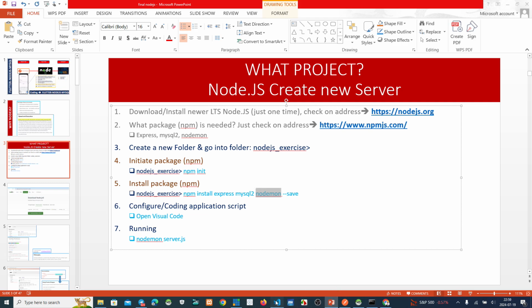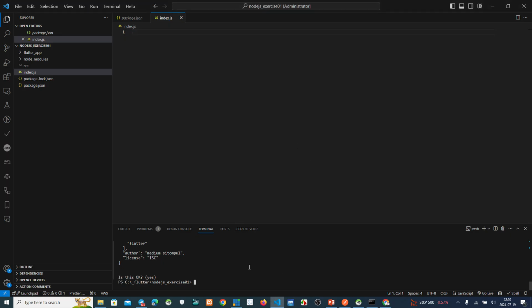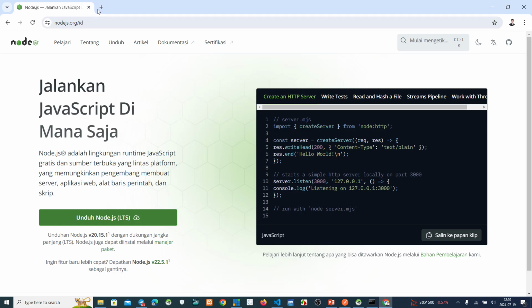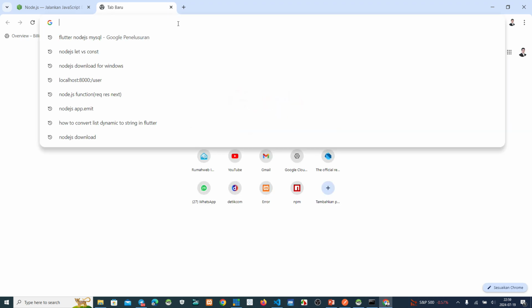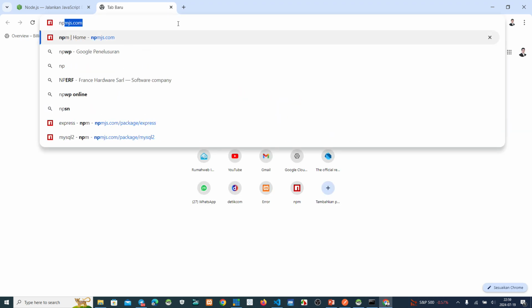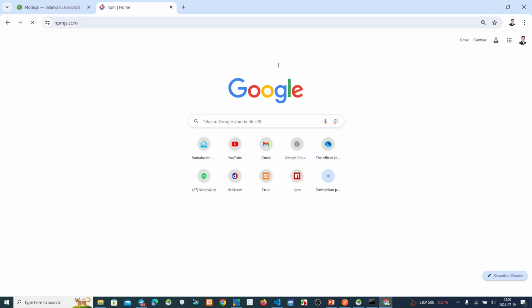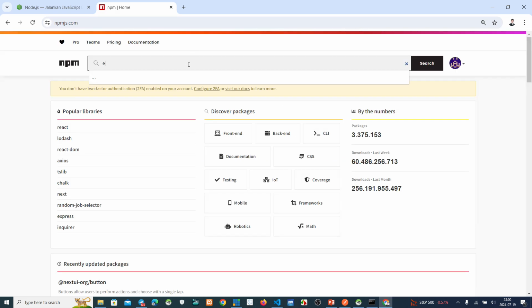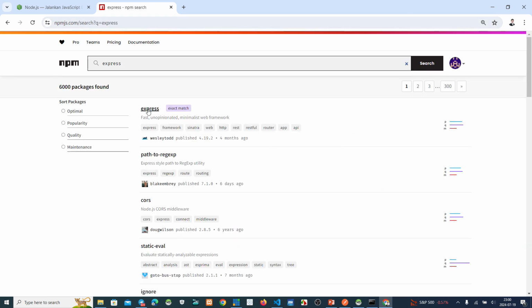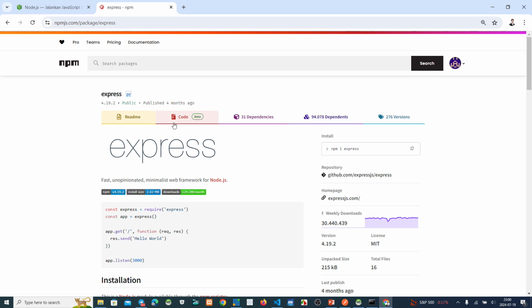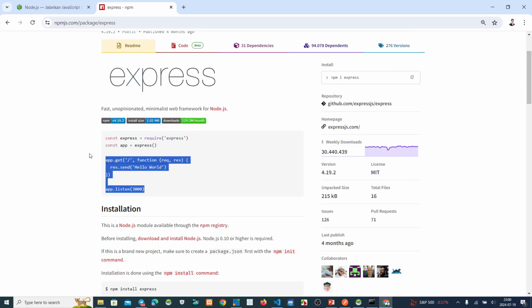Okay, I show you this one. To run the server by using Express, click here, npmjs.com, click here, Express. This is the Express, click here. Okay, this is an example if you want to make a server.